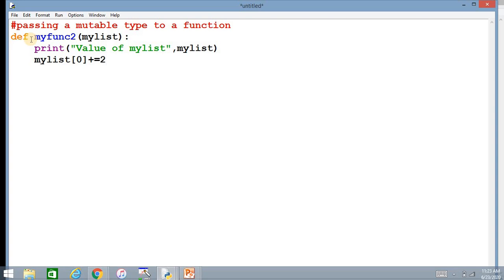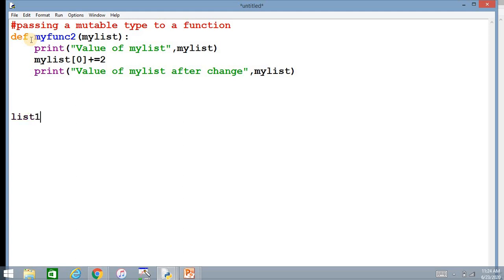Now I am asking to print its value. Print value of my list after change. Okay, what will it print? My list. And then coming back to the main, here first I have to create a list.